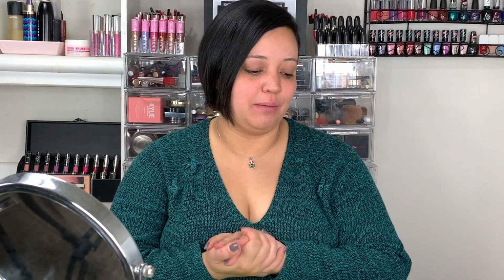So today, if you notice, I have no makeup on currently, and the reason for that is because I'm going to be testing out Walmart's holiday makeup sets. So I went and I got a couple of different sets from Walmart. They're pretty cheap. They range from like $5 to $15. I got brushes, eyebrow stuff,